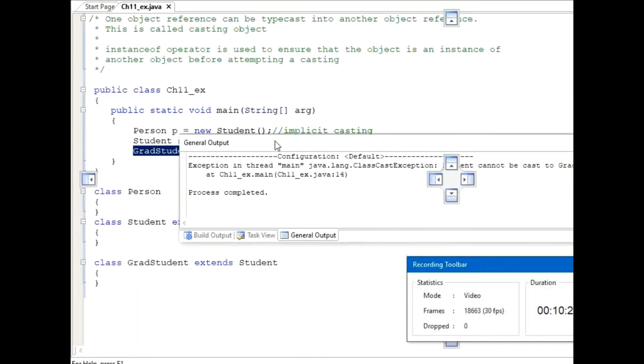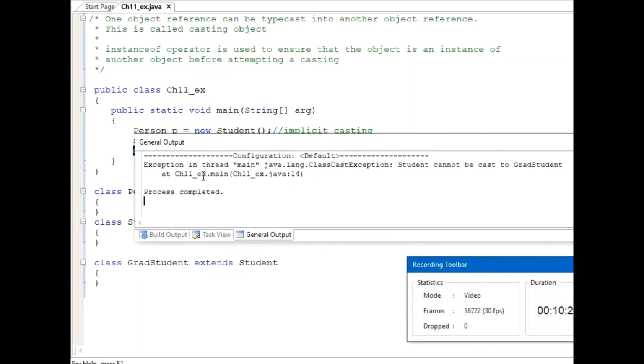It's showing here: the exception in the main method, which is ClassCastException. The meaning of it is that a student cannot be cast to a grad student. And here is the line number and the method which throws this exception. All these details are mentioned here.